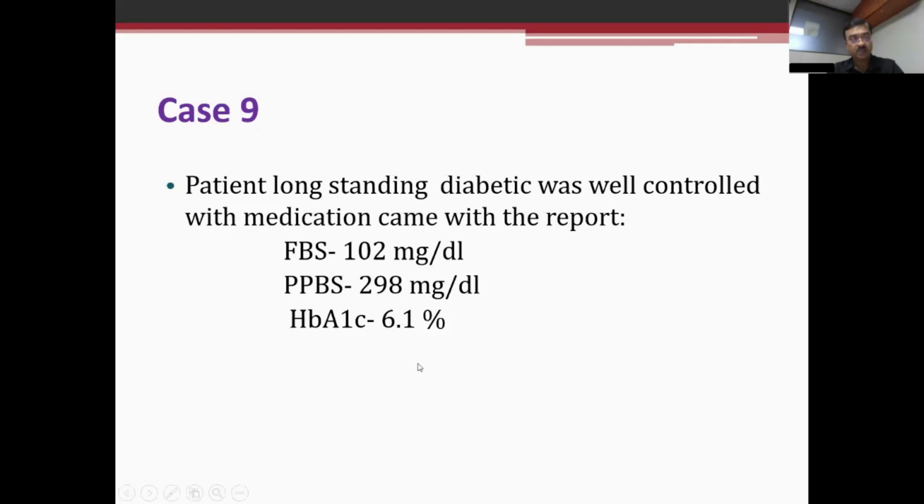That patient has to take medicines in the morning, have a normal breakfast, take all the medications, and take lunch at a particular time, 1 p.m. or 2 p.m., whatever time you actually take lunch every day. If there is any medicine before and after lunch, you have to take that. You should take the PP exactly 2 hours after lunch. What happened here? The patient did not take the medicine on the day of testing. So fasting came okay because last night's medicine was taken.